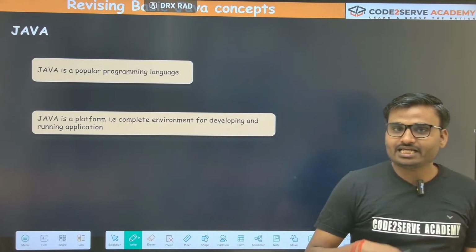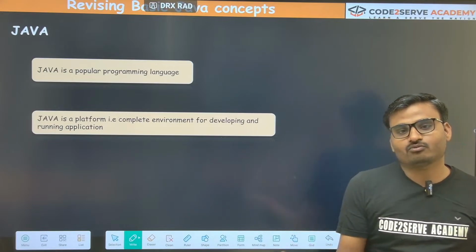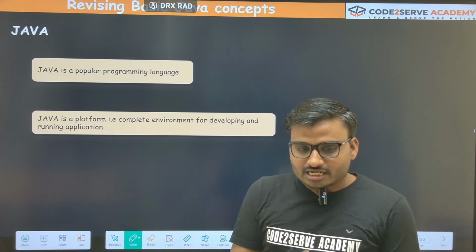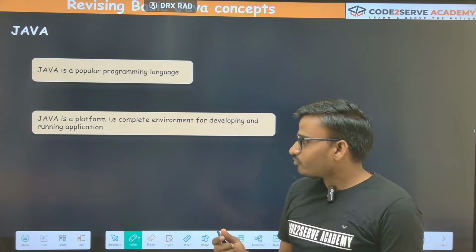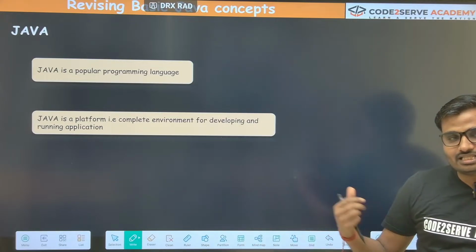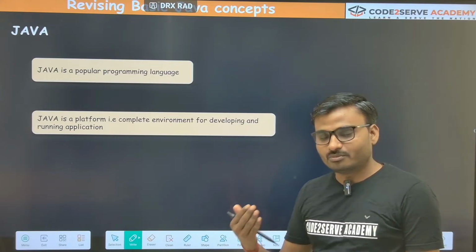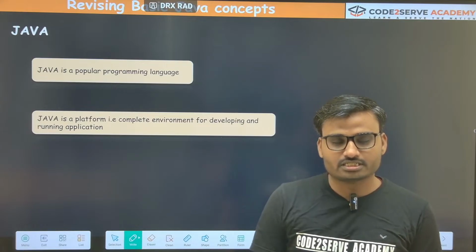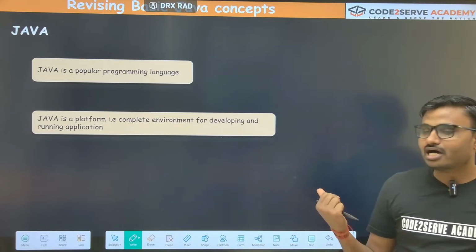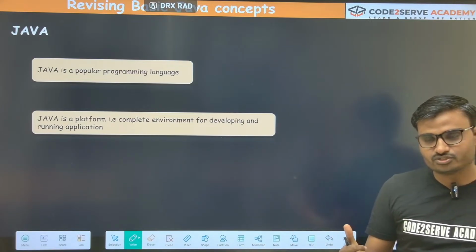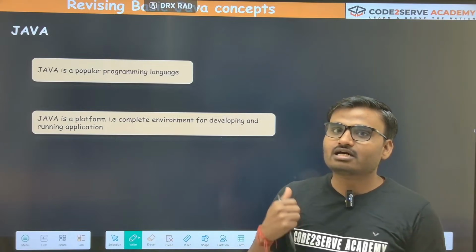We don't need any other platform to run the same code. That is why Java is platform independent; we will come to this in a later section. For now, you have to know that Java is a language, and along with that, Java is a platform.